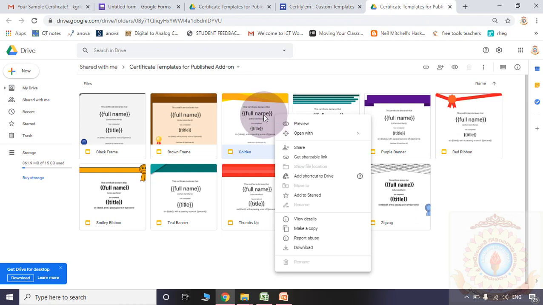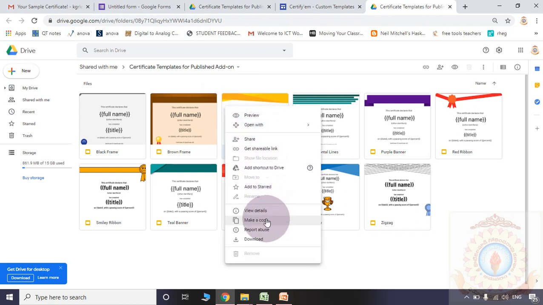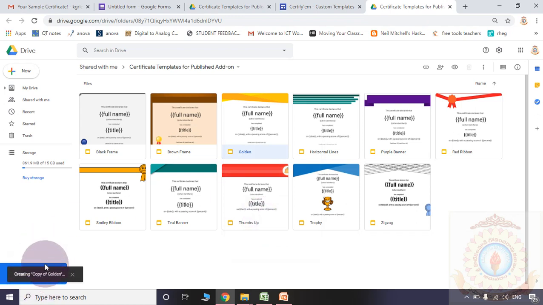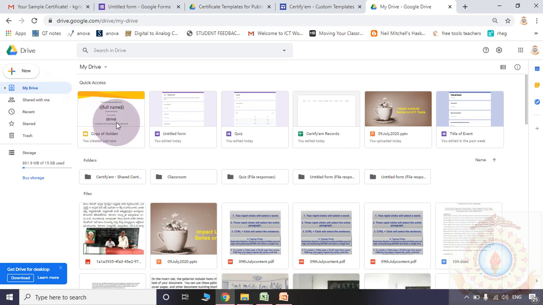So I need to click this particular copy, and I need to choose make a copy. Please observe. I want to modify any one of these possible certificates. Then I need to click and select make a copy. Please observe. Creating copy of golden. That comment that was coming. Please observe, in your drive, copy of the golden,